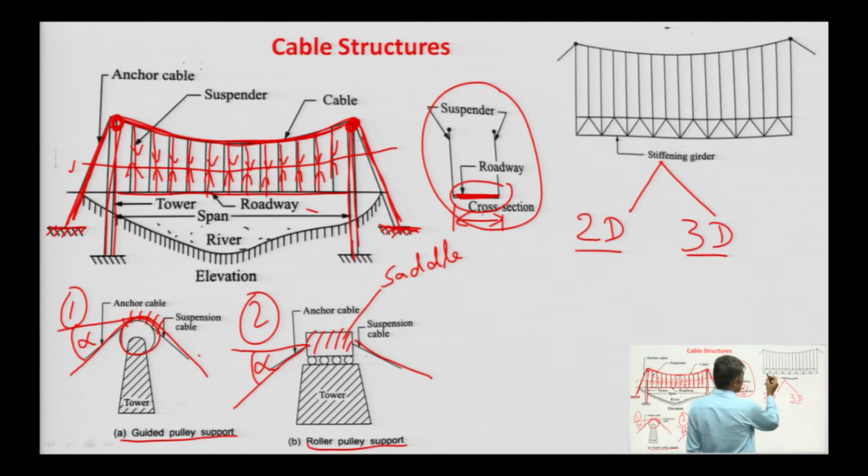Okay. This one example is of course 2D, and if it has to be 3D, then that girder, okay, this one, if the girder is supported at two ends, then this is a two hinge stiffening girder, and if at the midpoint, internal hinge is there, then it will be called as 3 hinged stiffening girder. Okay.